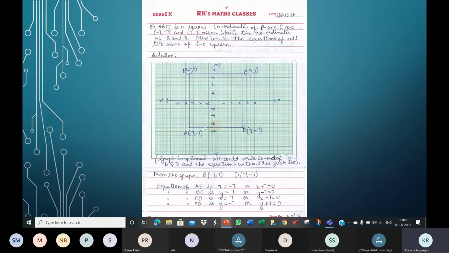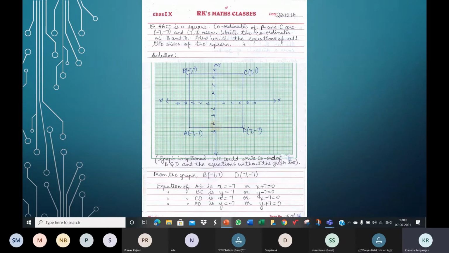You don't have to make a graph for this. The coordinates will be, the numerical portions will be 7 and 7. The x coordinate will be 7. The y coordinate will be 7. Just that you'll have to fix the signs depending on the quadrant in which it falls. But it's better you make it on a graph paper.